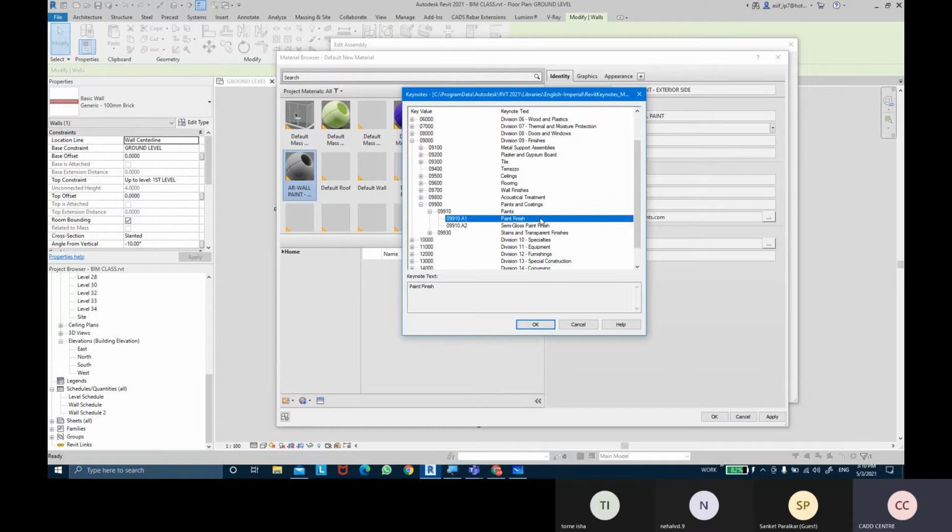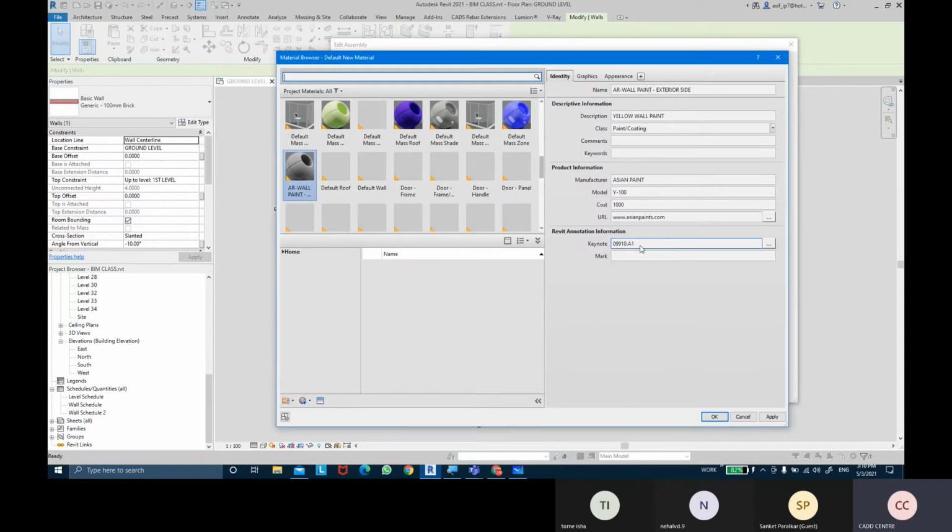So we'll take paint finish. Like that, the code number is going to automatically get applied. Get the marking number as well, so that's going to be yellow paint. So WA-Y 100 can give you a unique marking number.